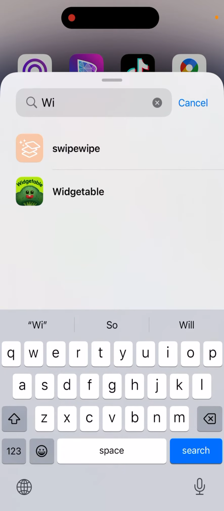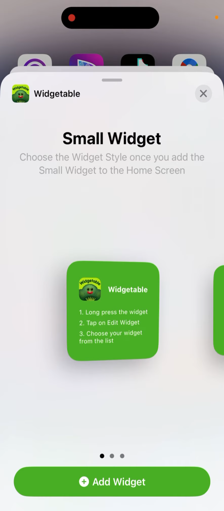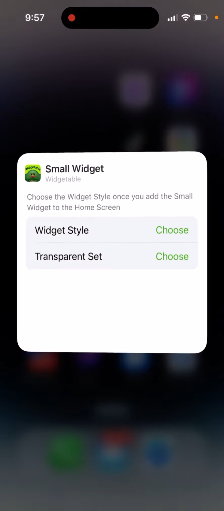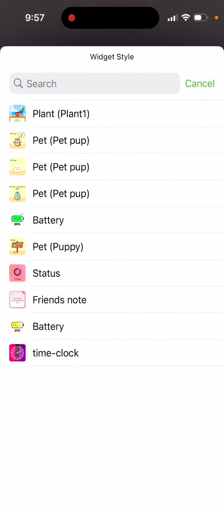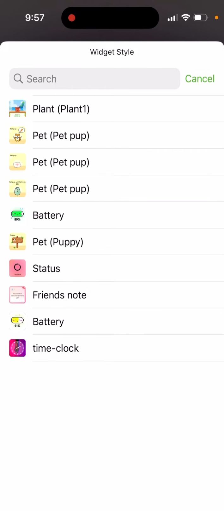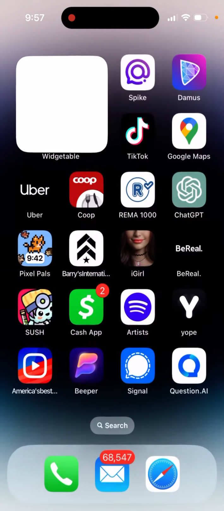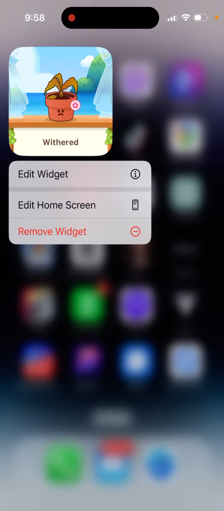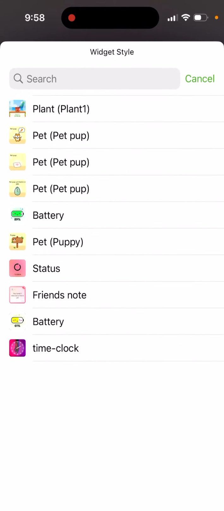There it was. So just tap Widgetable, add widget, and then tap to hold it, and then edit widget, and then widget style, and from here you just select plant. So there you have it. And then this is the other plant widget. So from here you just select widget, and then